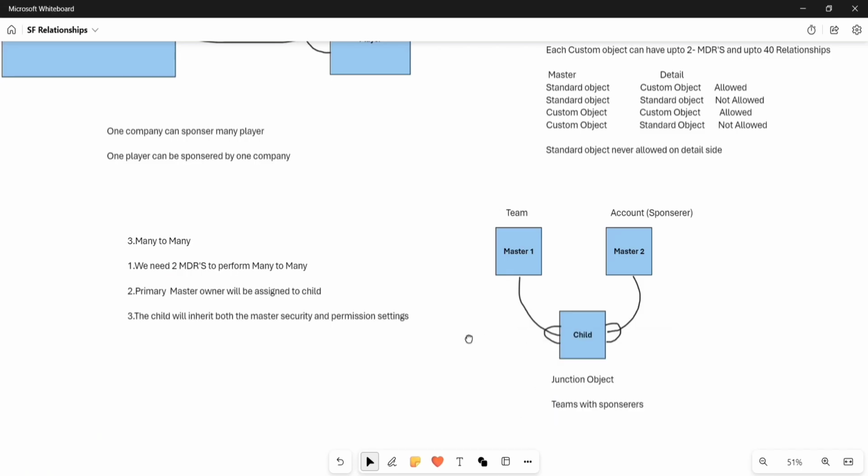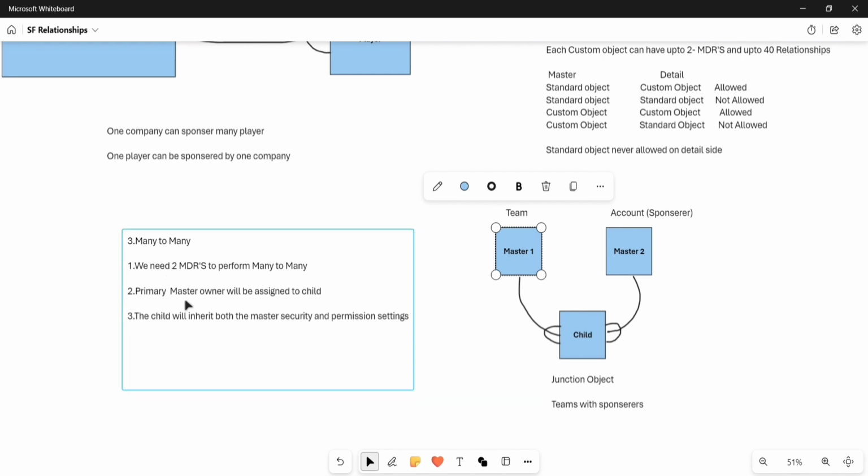If you see, this object is created. Now we have to create the relationships. Right. One is with teams first. It will be denoted as primary master. Okay. And the second will be from account. So when we are creating a relationship from team to this child, teams with sponsors. Okay. So where we need to create a field on the child record, right? So let's create on the teams with sponsors object a field which is relating teams and